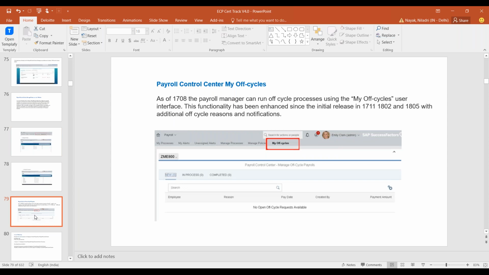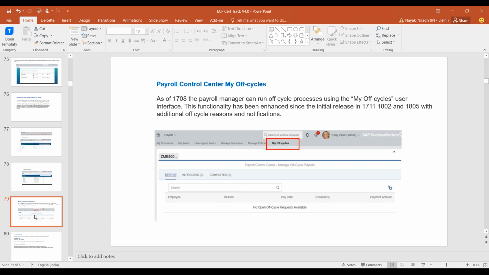Similarly, suppose you are a person who will be taking care of all kinds of reimbursement. All kinds of reimbursement, which generally you run in the off-cycle payment. Then only that particular off-cycle payroll related process will be assigned to you, not the regular payroll. It depends. Again, if it is a small organization which has, say, 2000 to 3000 employees and there